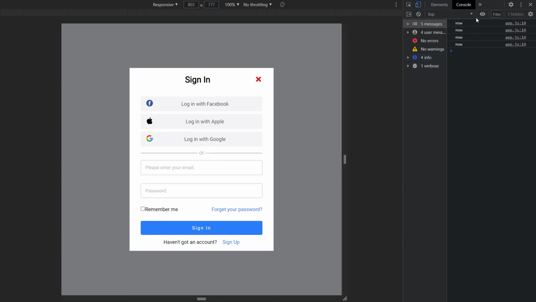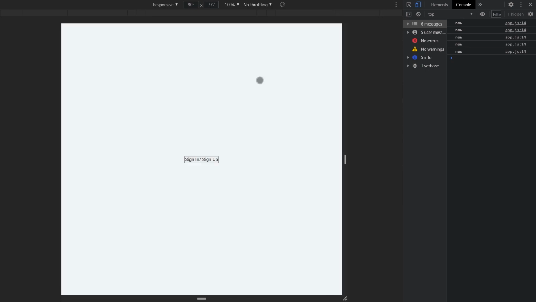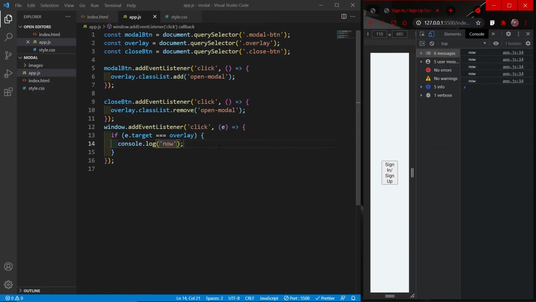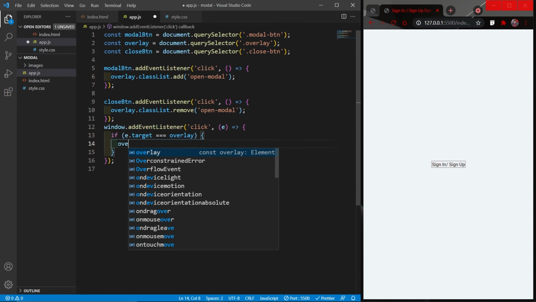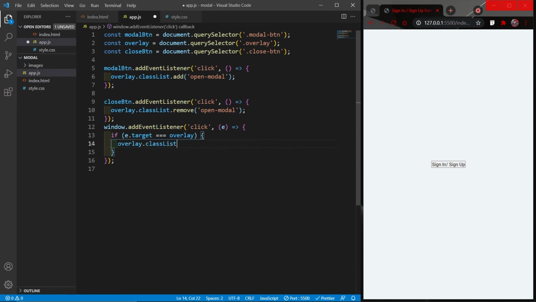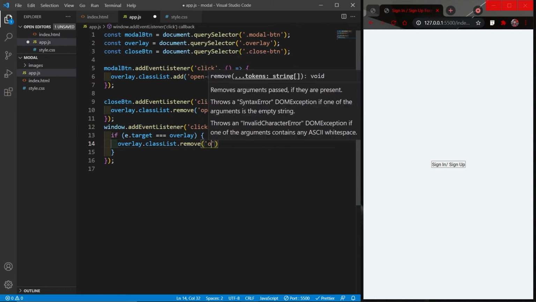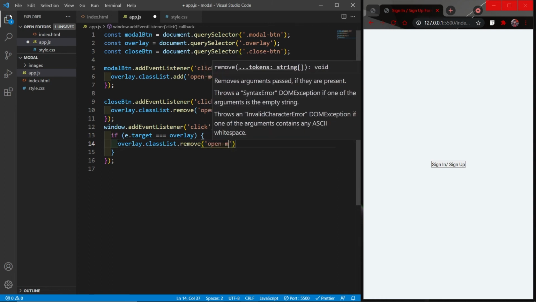So instead of printing now, we would want to close the modal when I click on the overlay. So let's implement the functionality. I will remove the console log, and again I will select the overlay. The property will be class list, the method will be remove, and the class we are going to remove is open modal.